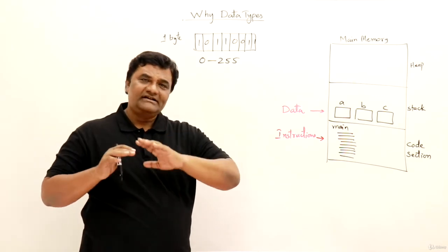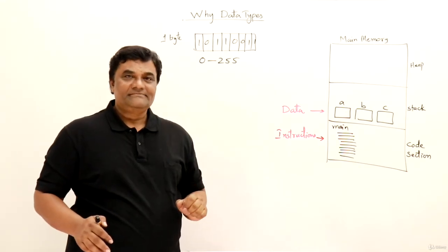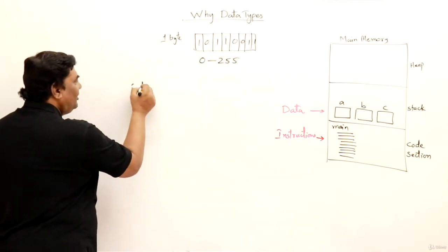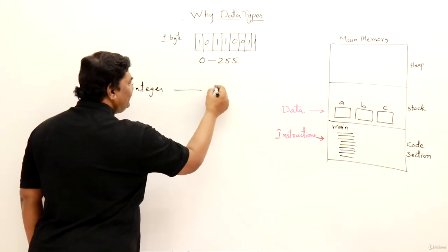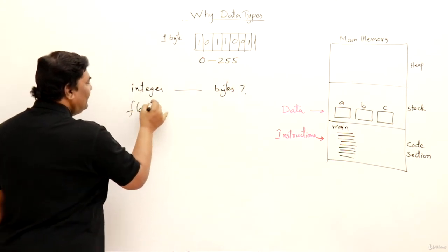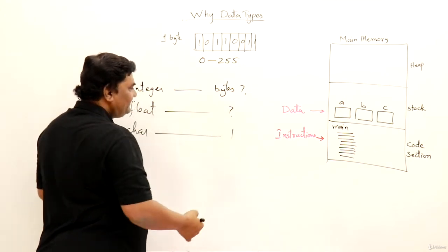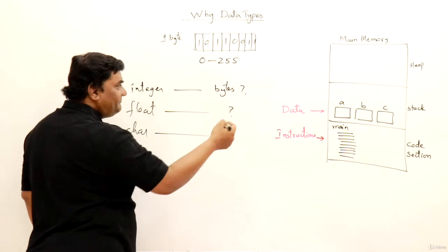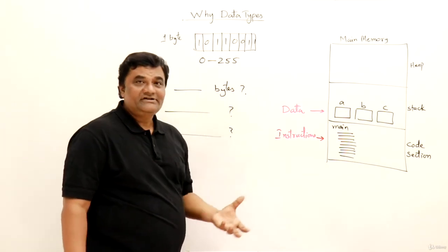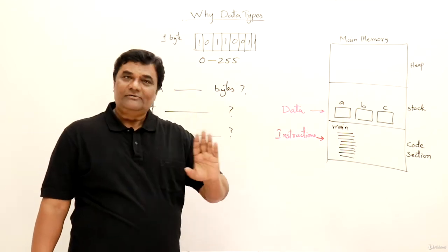I'll give you the detailed explanation of all the data types that are available in C++. In the same way, we will learn about integer type of data, how much memory it takes, how many bytes it will take, and float type of data, how many bytes it will take, and character type of data, how many bytes it takes, and how it is represented in the memory. We will learn about this. If you have a clear idea about the data types, then you can use them properly for storing your data. So this was about size.